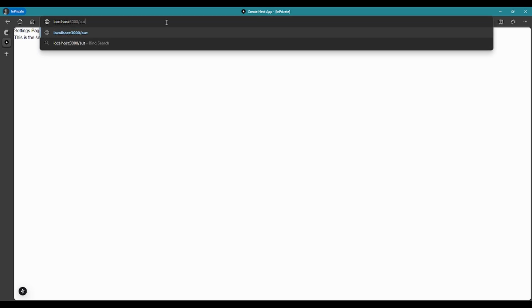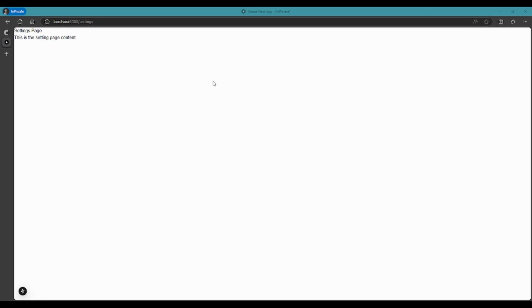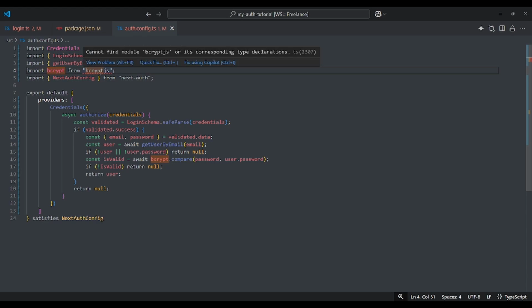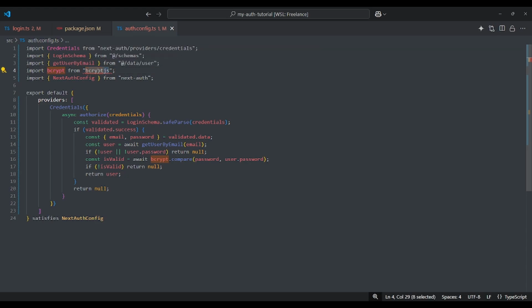If we go back again to auth/login, we should be redirected again to the settings page. And there you go. It is now working. Cannot find module. I think the reason that the editor is complaining cannot find module is because I installed bcryptjs using npm instead of pnpm. And the reason why I installed it that way is because when using pnpm, there is a complaint that some CSS is missing. But when installing it using npm, it fixed the problem. So let's just leave that as is for now.